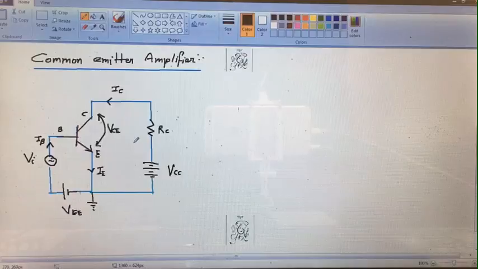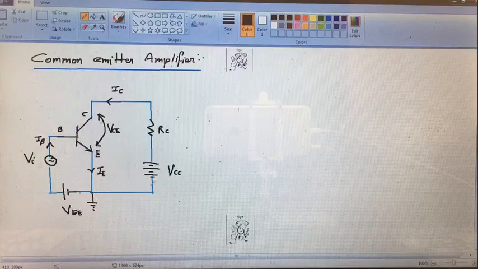Today we will discuss the common-emitter amplifier. In our previous lecture we discussed the common base amplifier. Now it's time to discuss the common-emitter amplifier. So see here, the emitter terminal is grounded